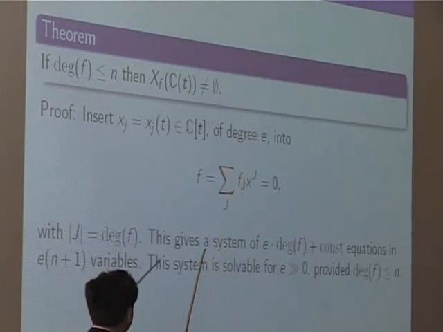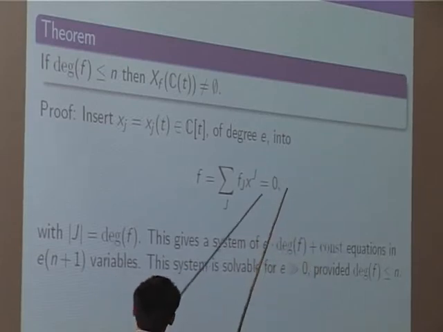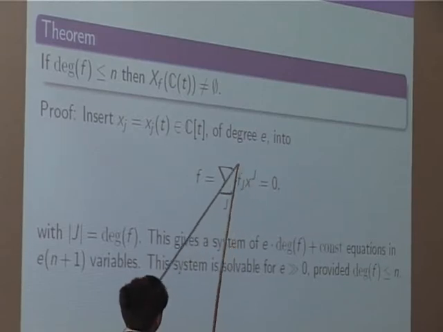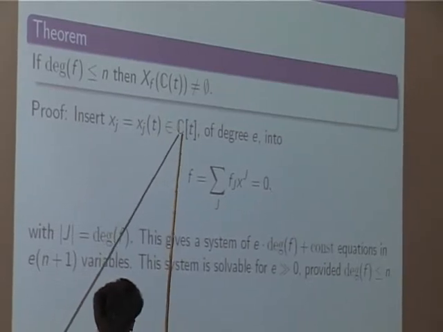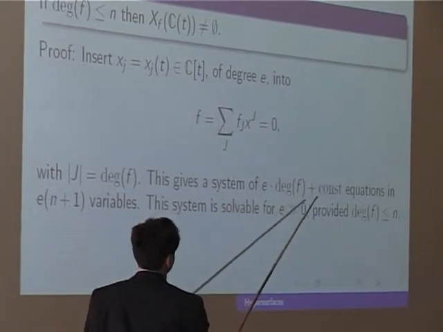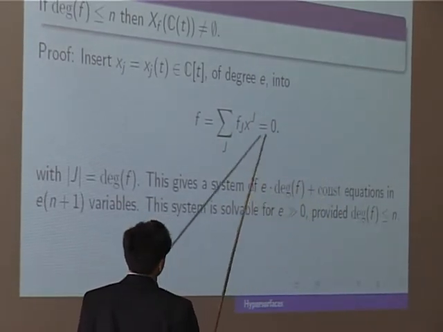So what do we get? We get a system of e times degree plus some constant equations in t. So I'm just looking at all the powers of t. And these fj's, they're also in my function field. So let's say they're also polynomials in T, and we take the maximal degree of those, and that will be in this constant. And otherwise,